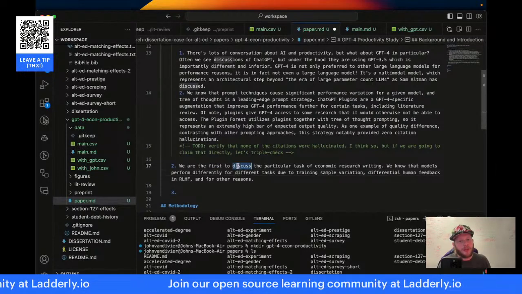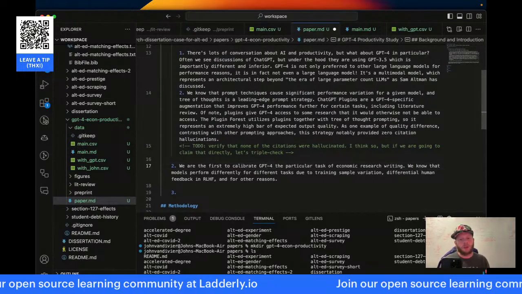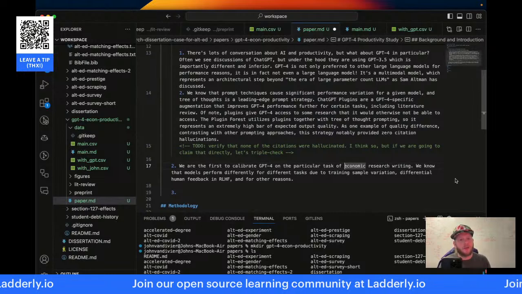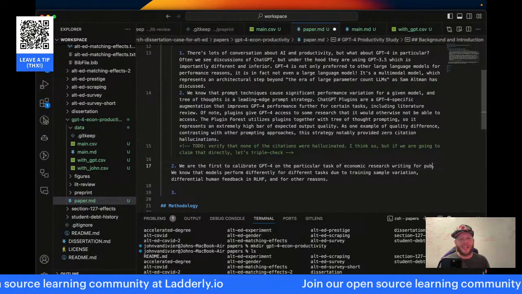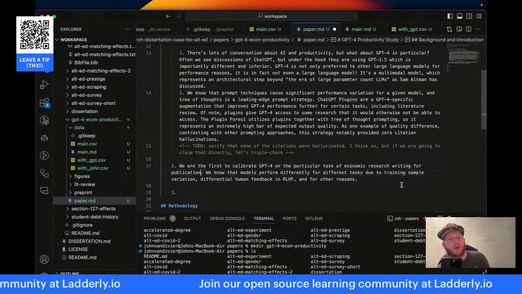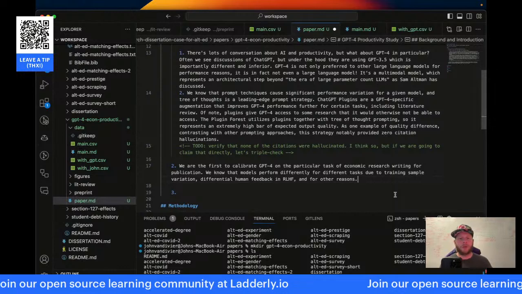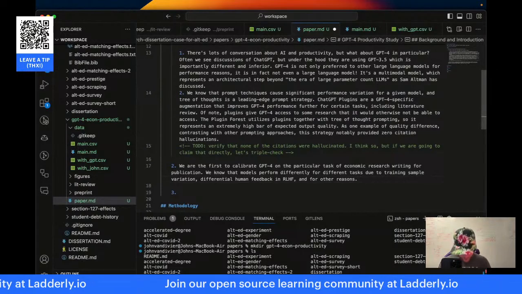We're the first to calibrate GPT-4 on the particular task of economic research writing for publication.